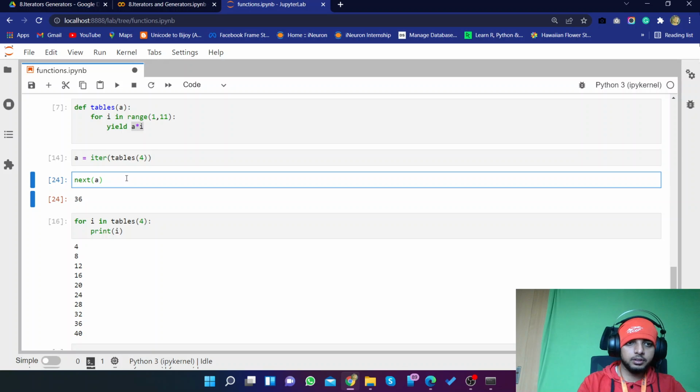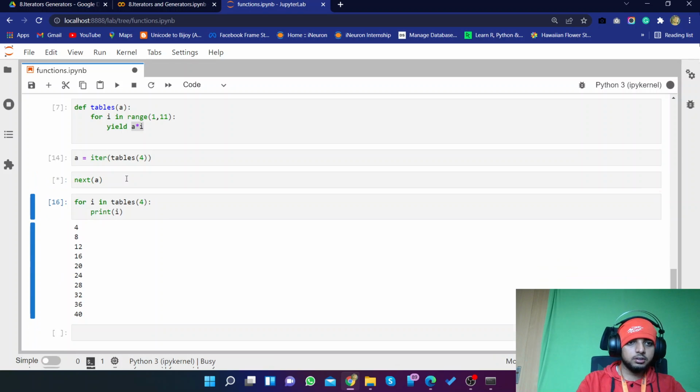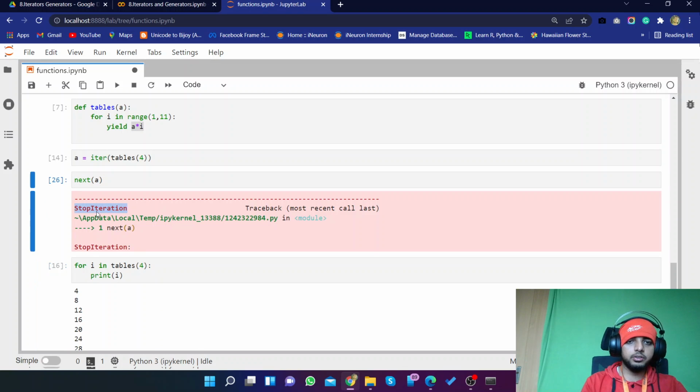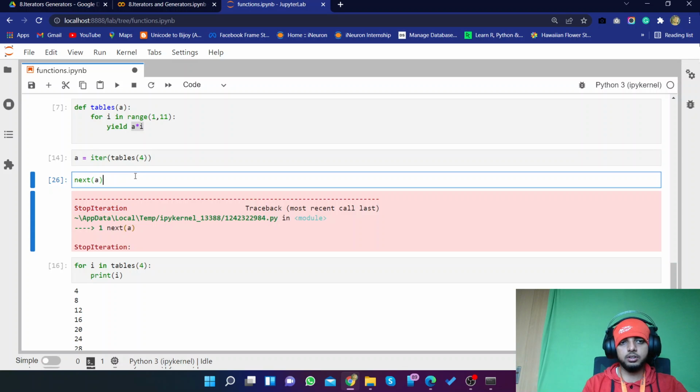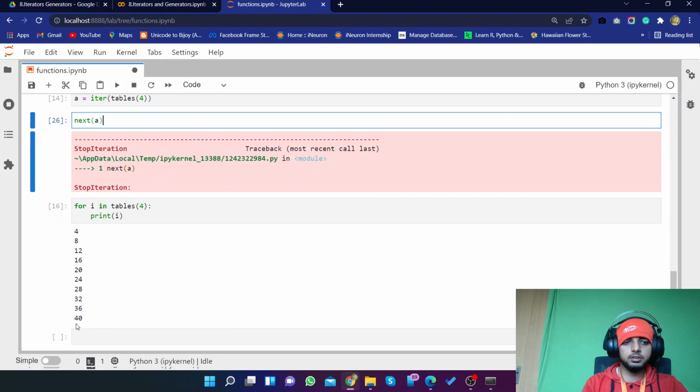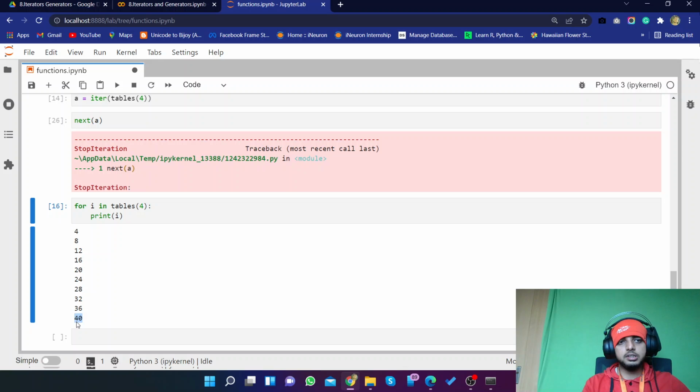After 40, if I execute this, it will give an error like StopIteration. So it will not iterate after 40, after it reaches the limit. What is the limit? 40 here, right? So this is the